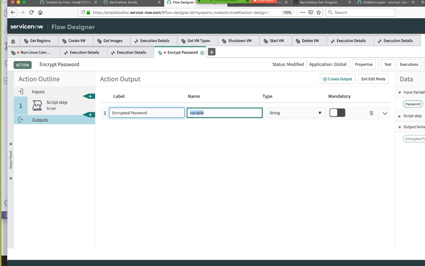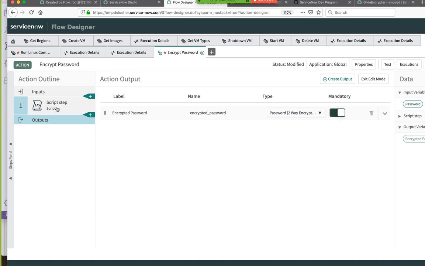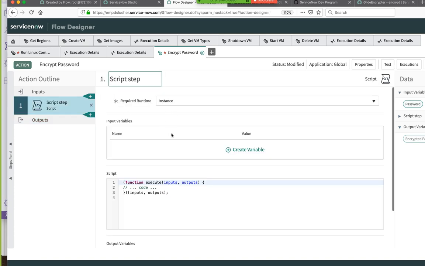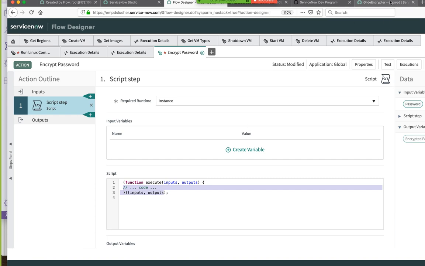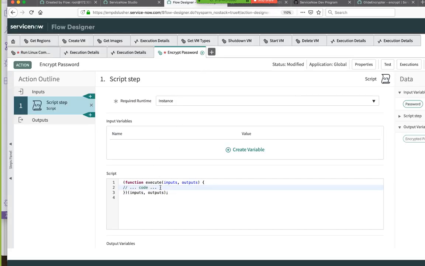Encrypted password 2. Yeah. In our script step, let's go back over to this guy. I'm just gonna cut and paste that whole thing. Start from there.